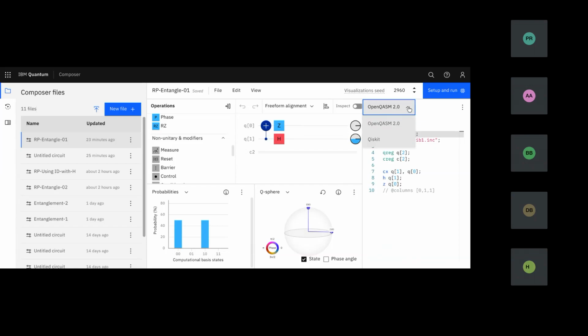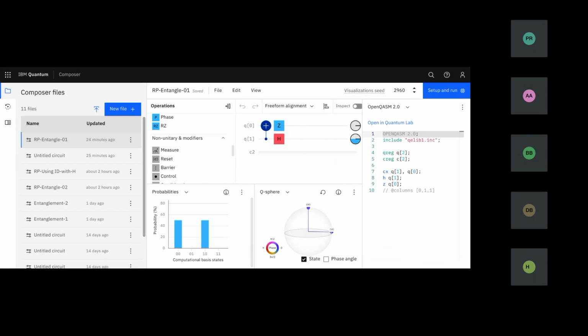There is one more, QASM 3.0, which is the recent one, where they have started experimenting with cutting the wire. What is cutting the wire? If you have a gate and you cut the wire, what will it show? That is one. The other one they are trying to do is, if I cut the gate, what happens? So cutting the gate and cutting the wire are new developments that are happening and present in